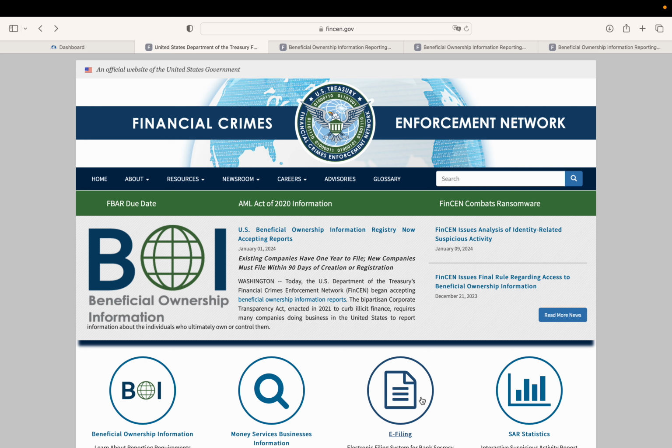If you own a business, you're probably aware of the new federal requirement to report the beneficial ownership. The point of this report is for the federal government to identify individuals who control businesses. It's reported to and enforced by the Financial Crimes Enforcement Network. Sole proprietorships and general partnerships do not have to report it, but LLCs, including single-member LLCs and corporations, must file